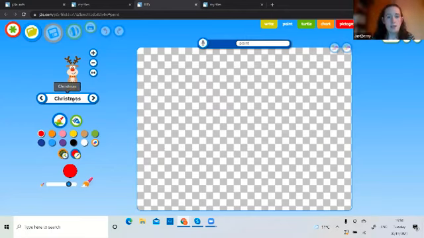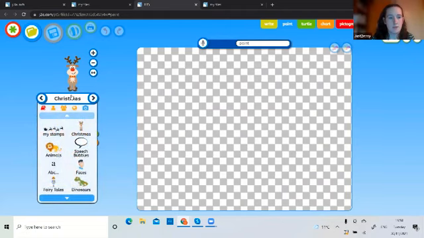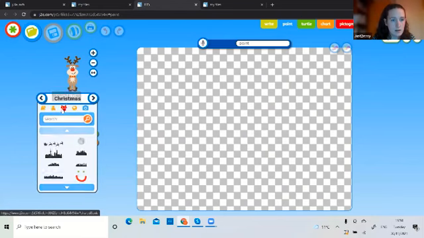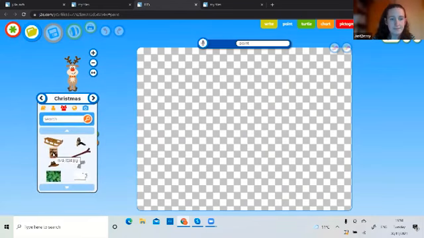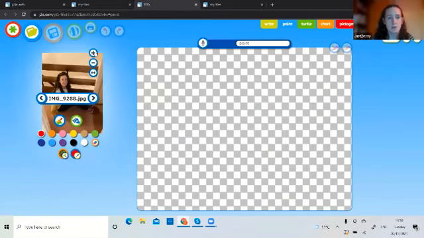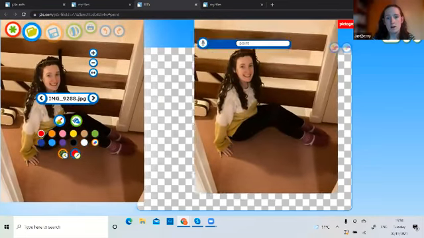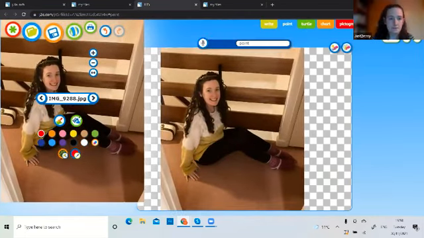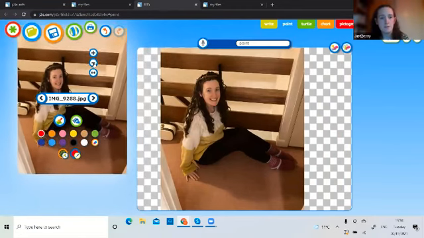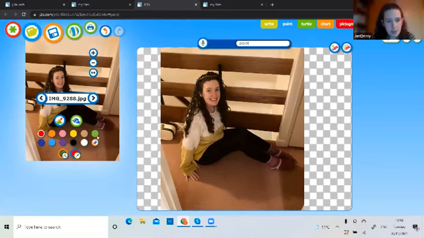I'm now going to stamp onto this a picture. So in this picture library on the left, it's a picture I've taken of myself sitting in a strange position, which will become clear why shortly. So I'm going to stamp this on to the page. And I'm now going to erase my background. Let's just make that a bit smaller so I can see. And the rubber is this button here. It's got an orange circle and it's got like a little pink and blue rubber inside it.